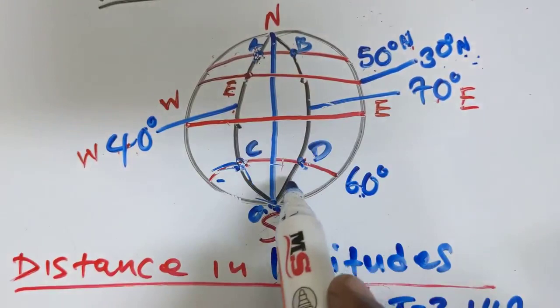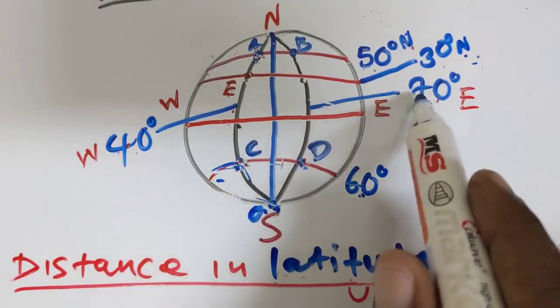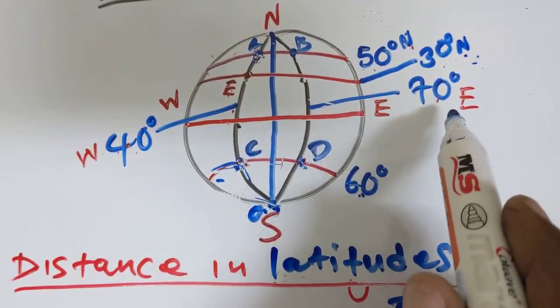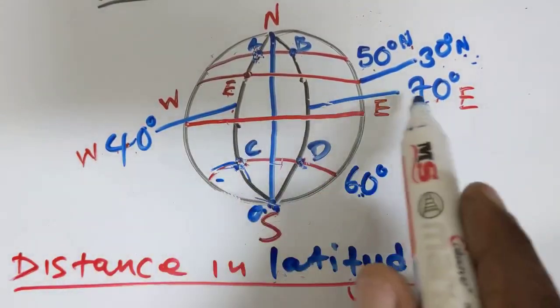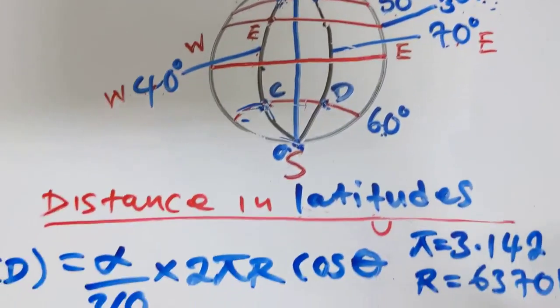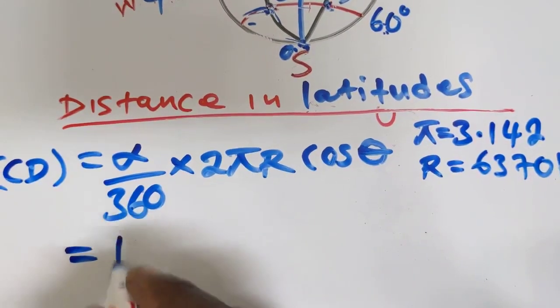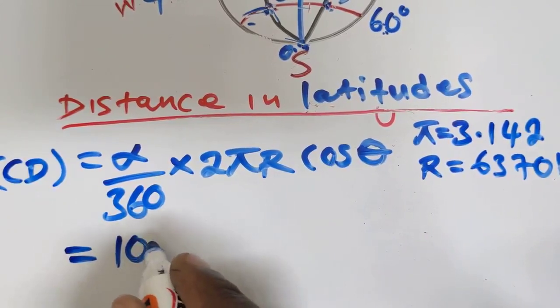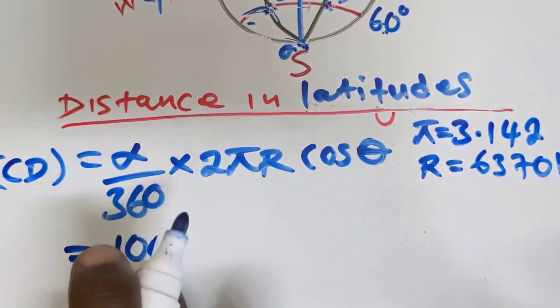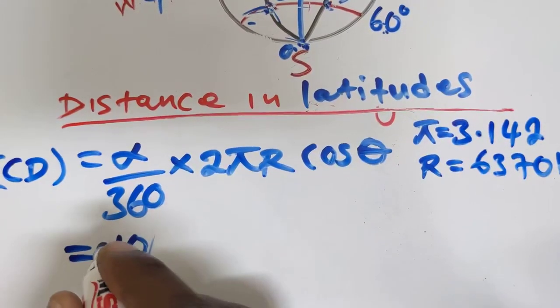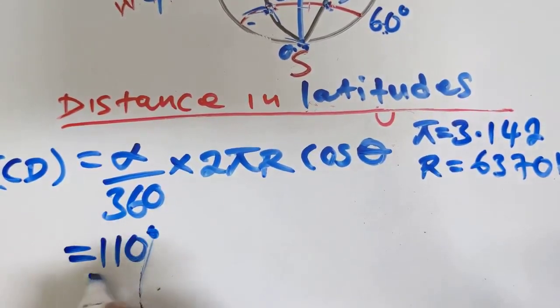Even this one, D, is in longitude 70 east. So we are supposed to add, and it's going to give you 110. So you just put 110 degrees